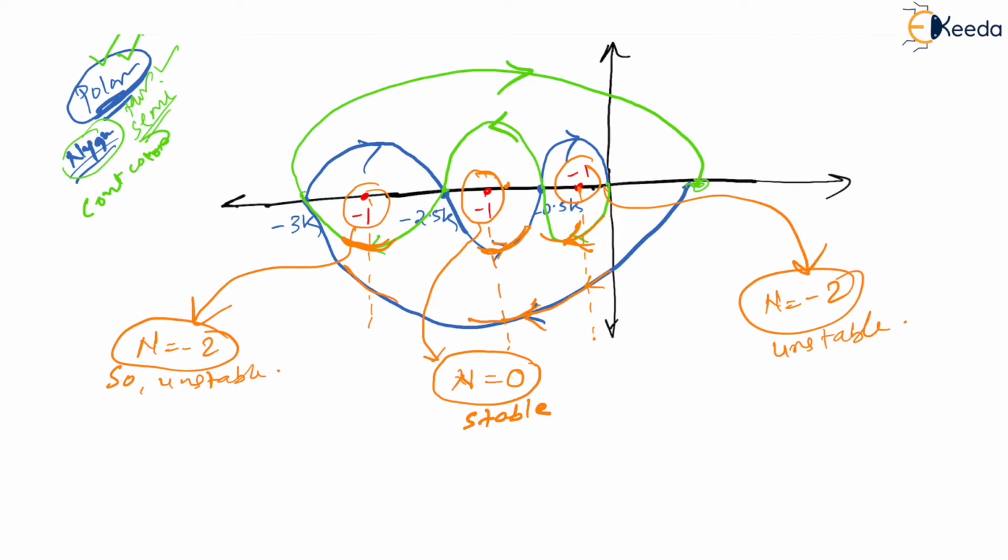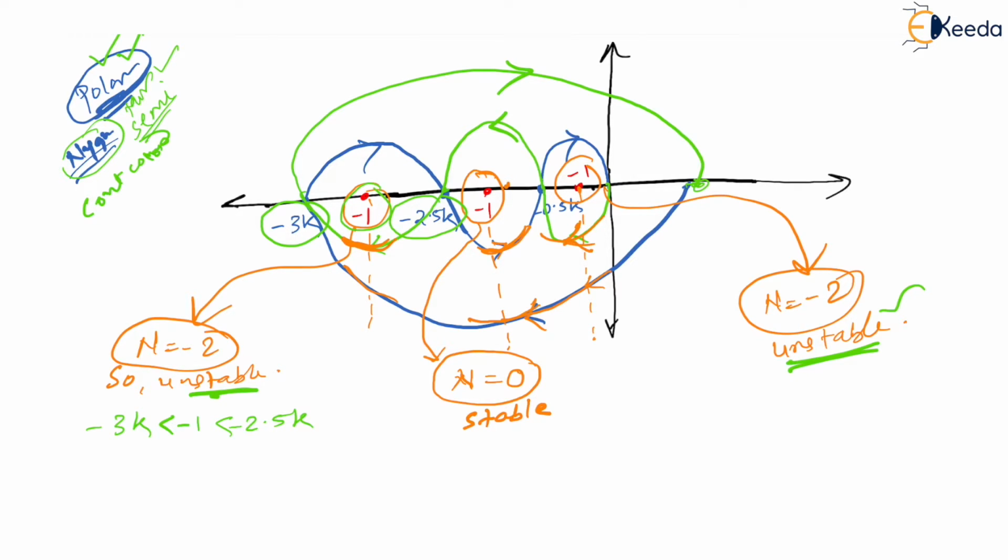Now what are the exact regions in terms of k? If I see, then for this region, it is -3k and -2.5k, right? And this is -1. So I can show that as -3k less than -1 less than -2.5k. Is that simple? Yes. Now similarly for this one, this is an unstable region, and I am interested in the unstable region only, right?